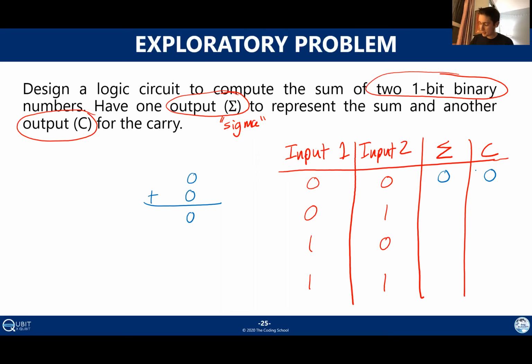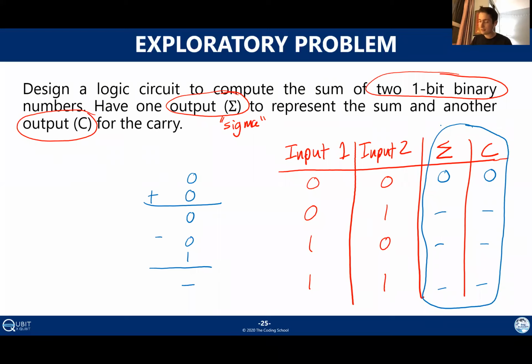So my next example, I would try adding 0 and 1. What would I get here? Would I have a carry? Repeat that for every row of this table, and you'll get a bunch of values here to complete your truth table. The last step, once you've completed your truth table, is to look at these last two columns and try to figure out if any of the truth tables we've seen before, if any of their outputs match these last two columns. Those logic gates will give you the outputs that you need.